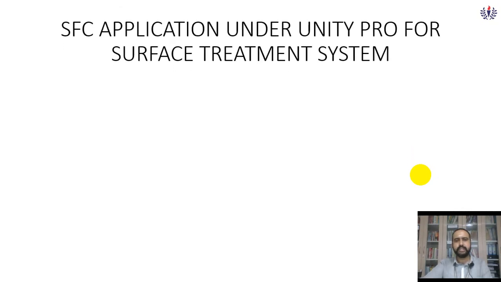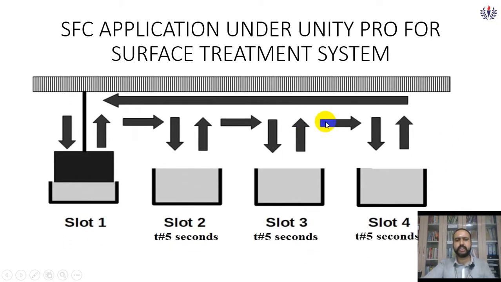Okay, so in this Unity Pro, as we discussed already, it depends on all the slots: slot number 2, slot number 3, slot number 4, for 5 seconds each. Then once again it is going to move up and come to the low position. Here the similarity is that these steps are repeated in the sequence. We are going to make these a node. You can see in slot 2 this step is repeated, this step is repeated, and this step is also repeated.